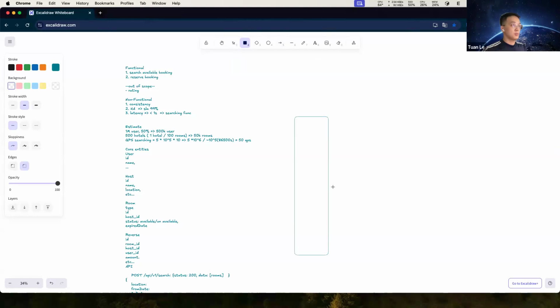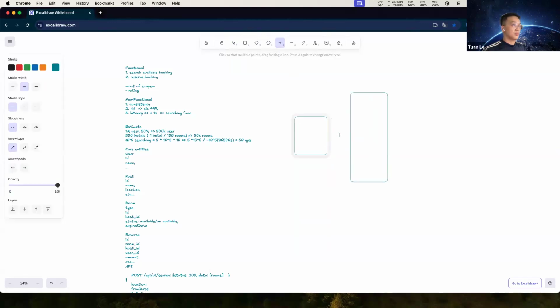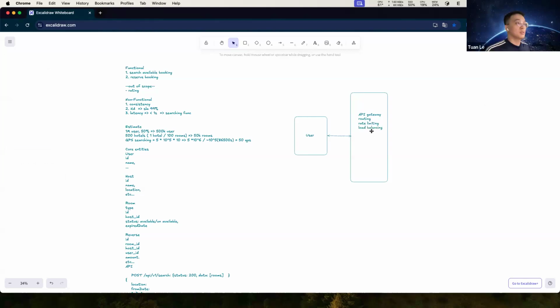First I want the user here, and it's going to be the OpenAI deploy, the routing, the rate limiting, and load balancing. Right here I want to go into detail.